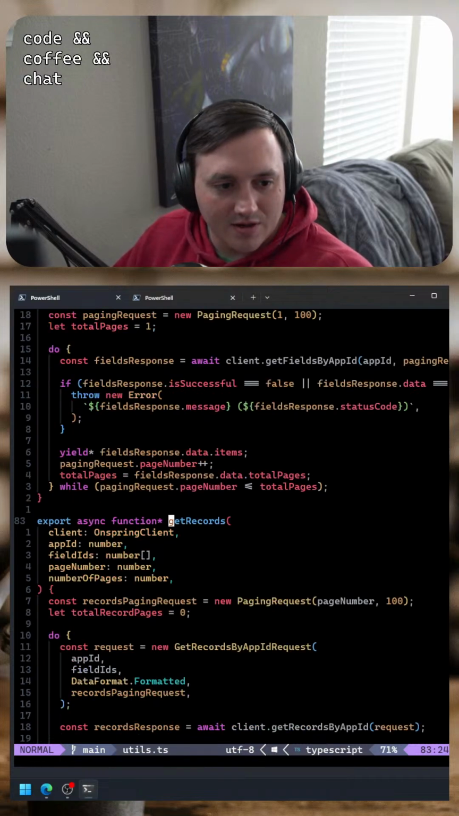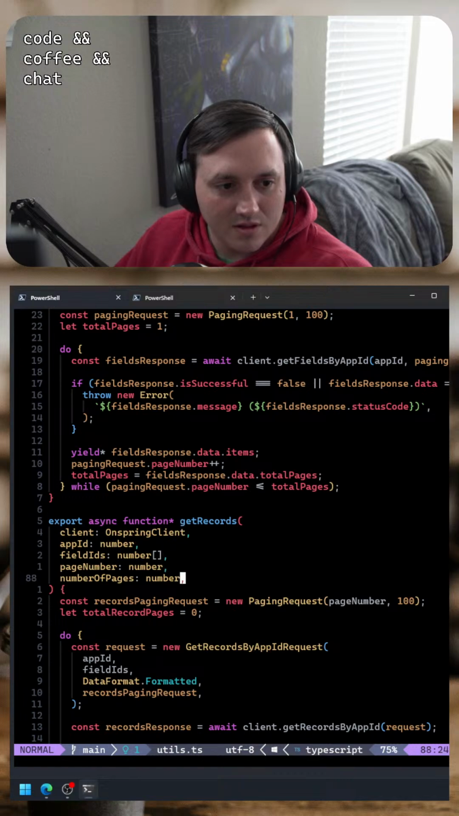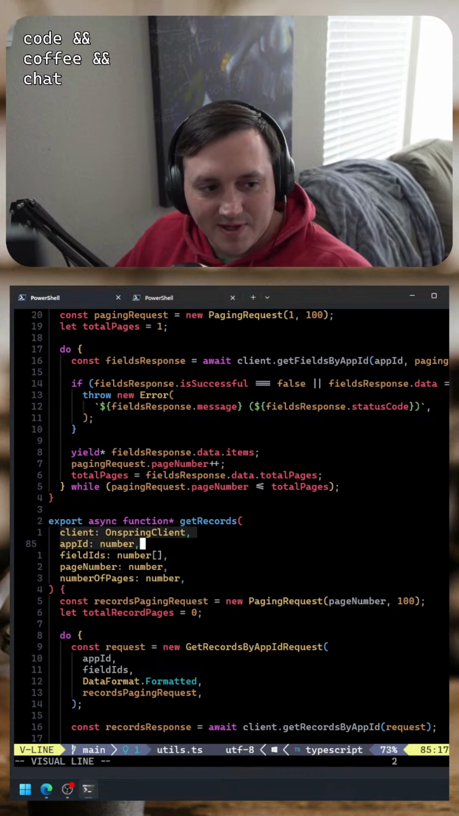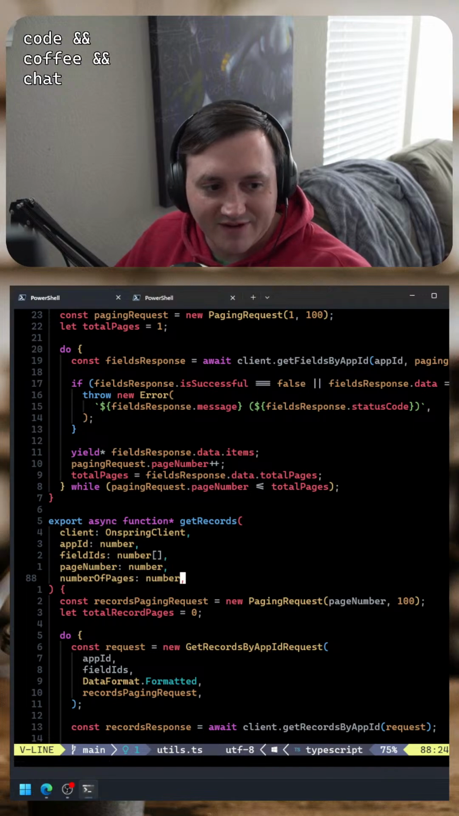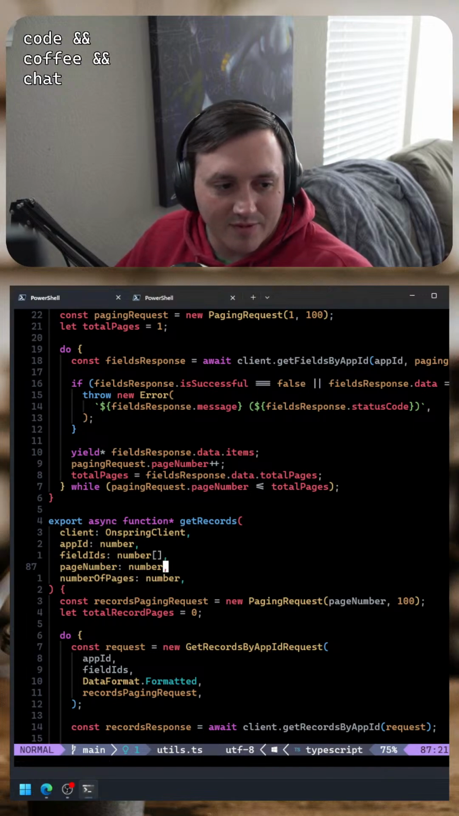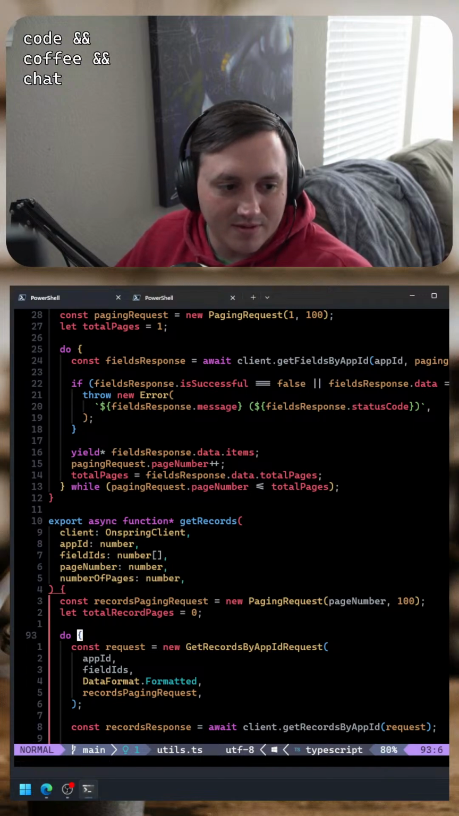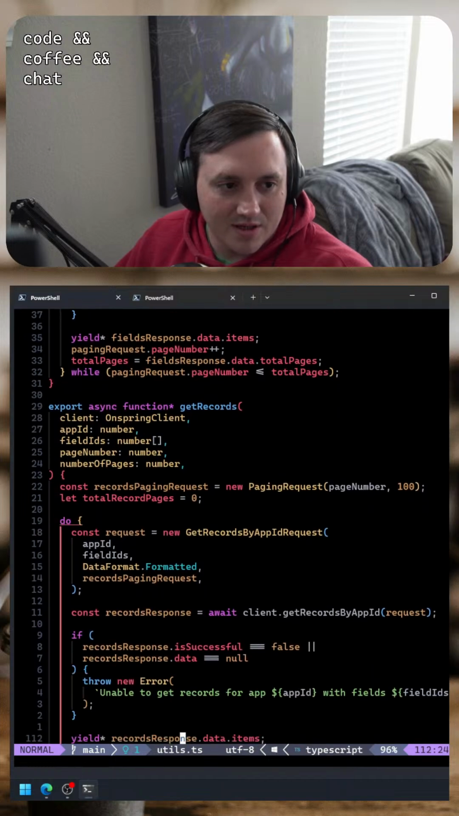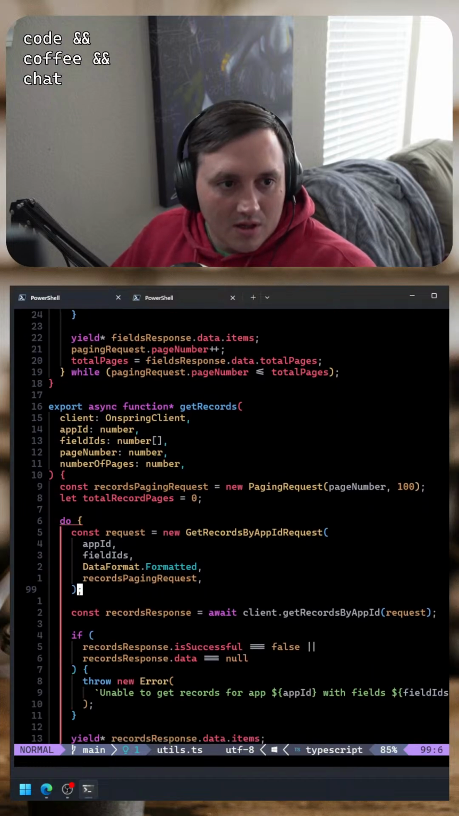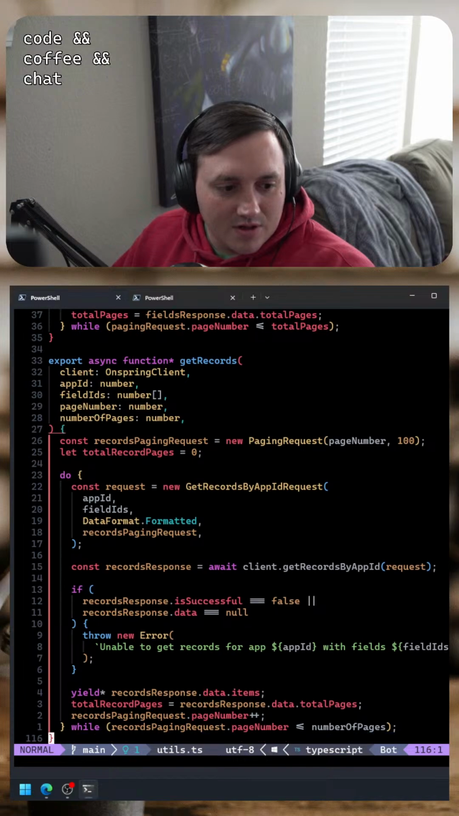So in here, I don't know. When you have this many arguments to a method, you should probably have an object that represents the parameters for this method, but I'm going to leave it be. Okay, so this is going to return